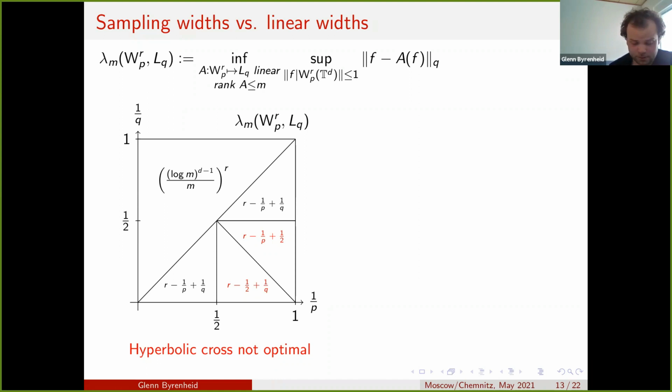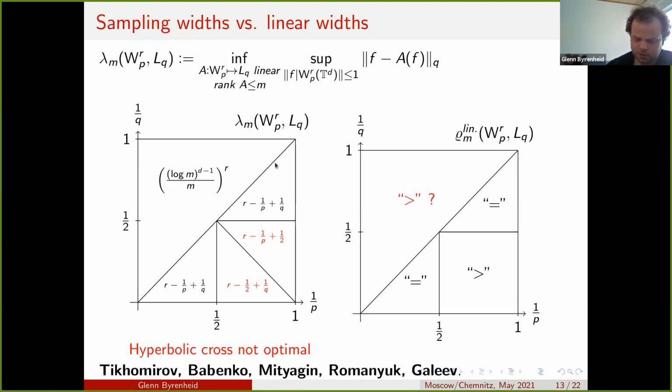So then the following picture is known. I will mention some names later who proved important cases here. If we compare this to our picture we achieved by this truncation operator, then we have that the sampling widths